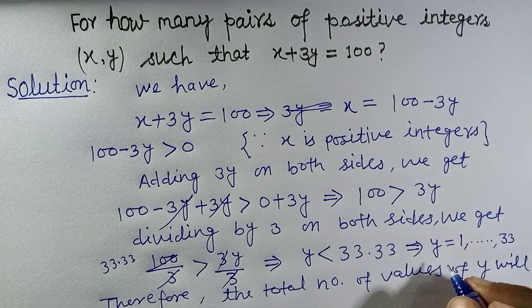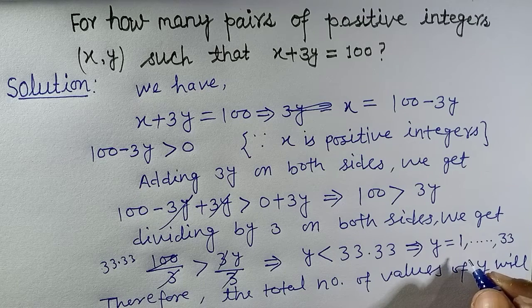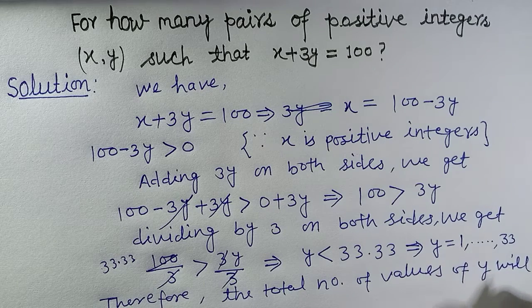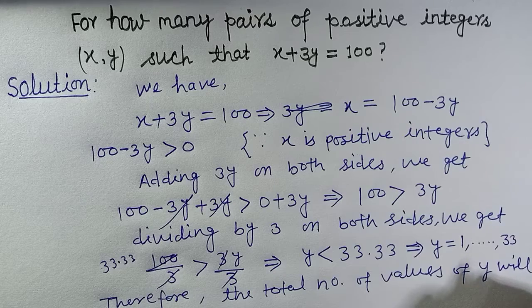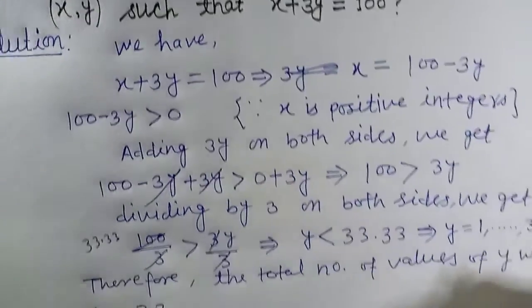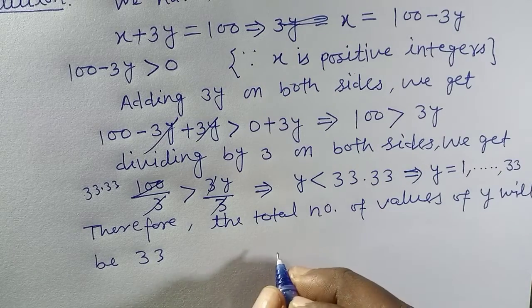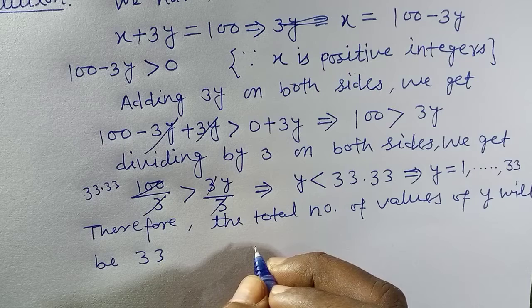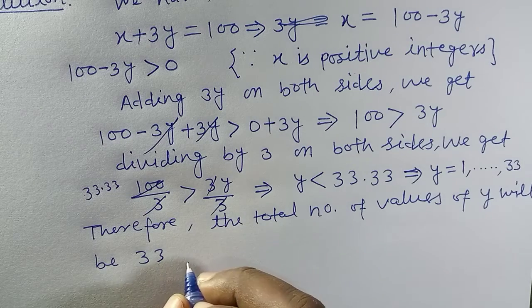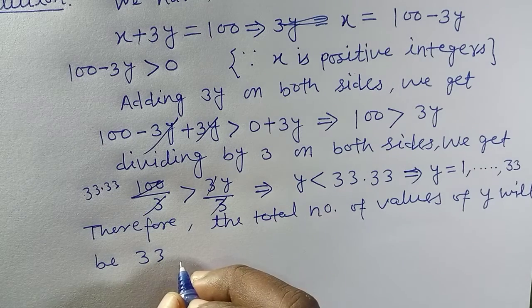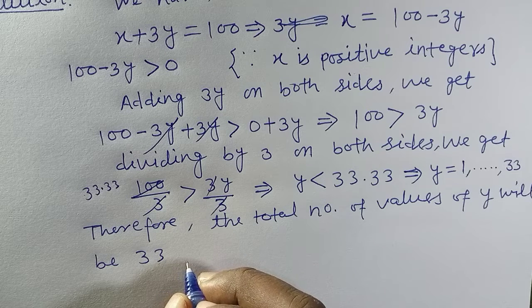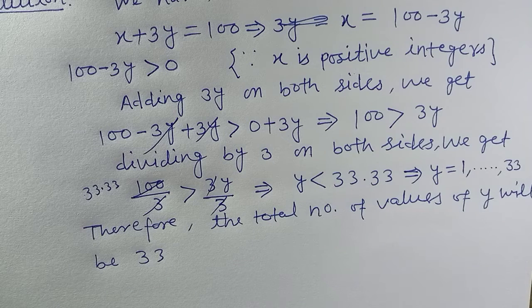So the least value of y will be 1. So if the total number of values of y will be 33, then x will also be 33. I mean the number of values of x will also be 33,